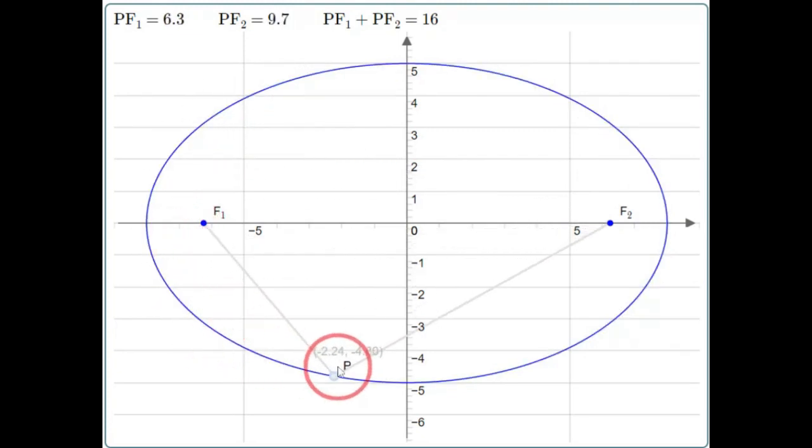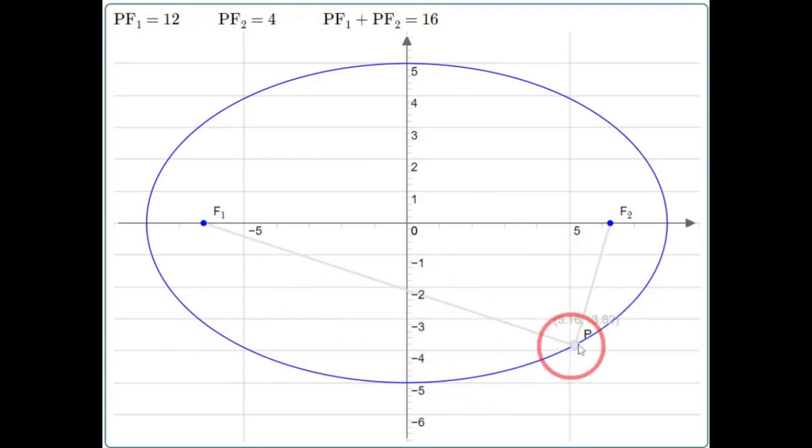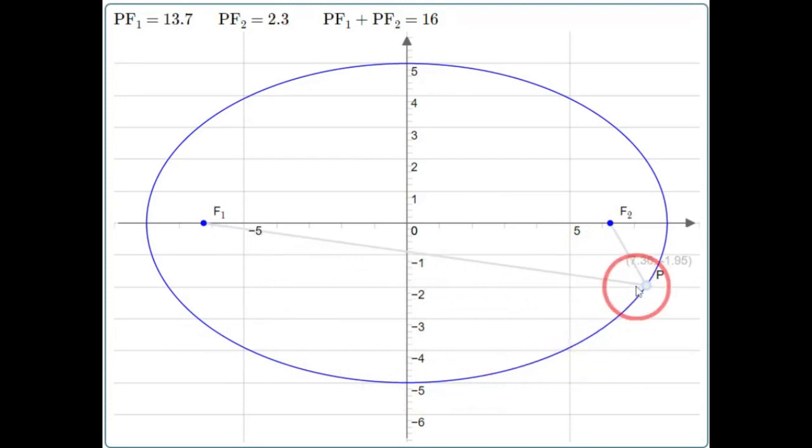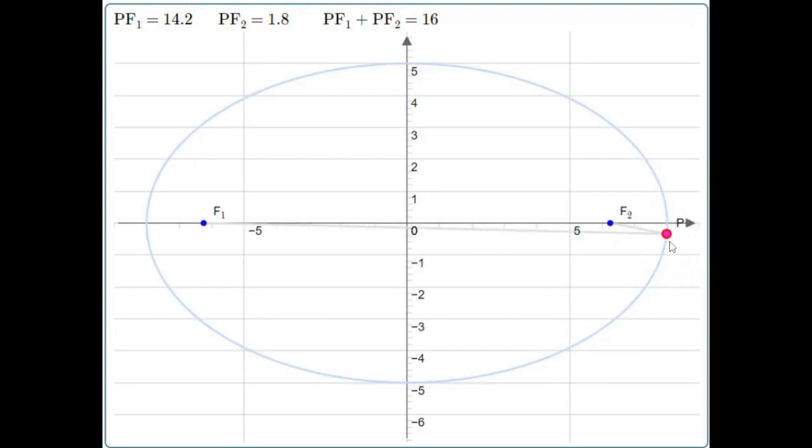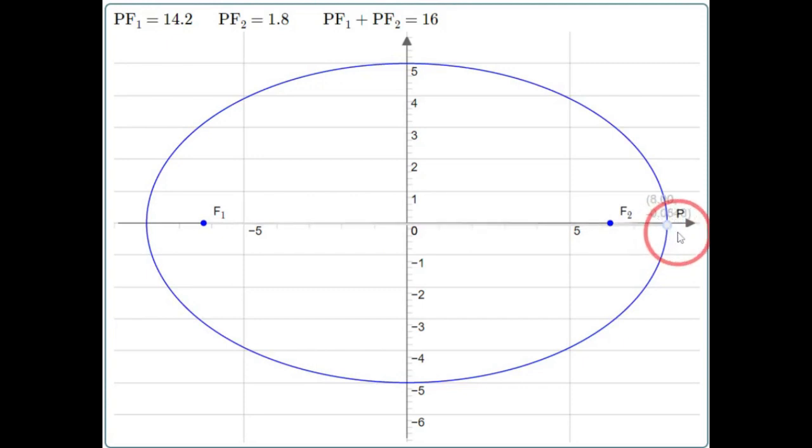Another nice definition for a conic section that isn't based on an equation. It's based on geometry, which is pretty sweet. And you can see that even if I put this here, the distance is going to be 8, 0, but this little segment here plus this big segment is still going to be 16, 2 times the distance. So that's a cool relationship that you can have